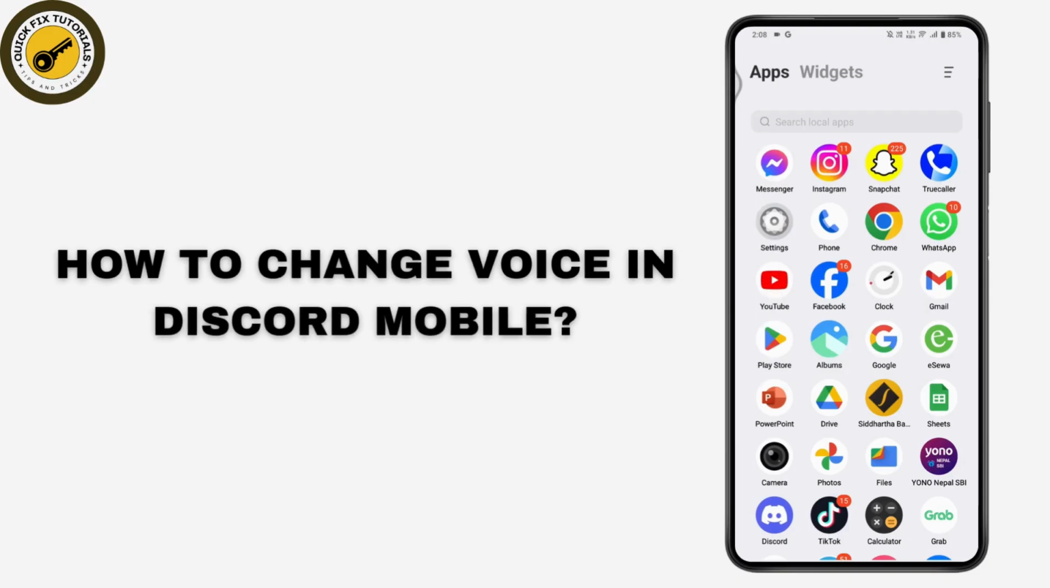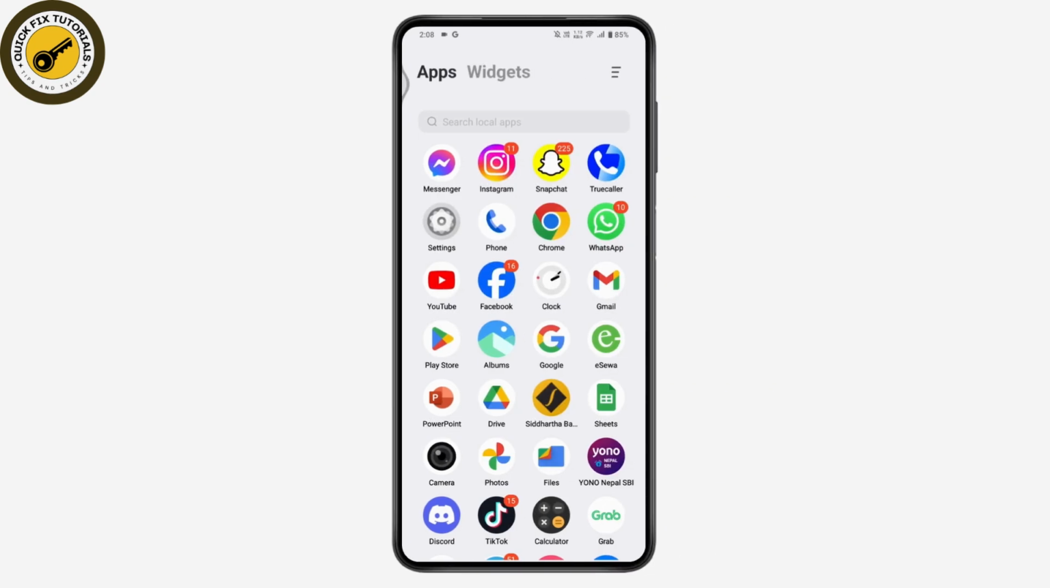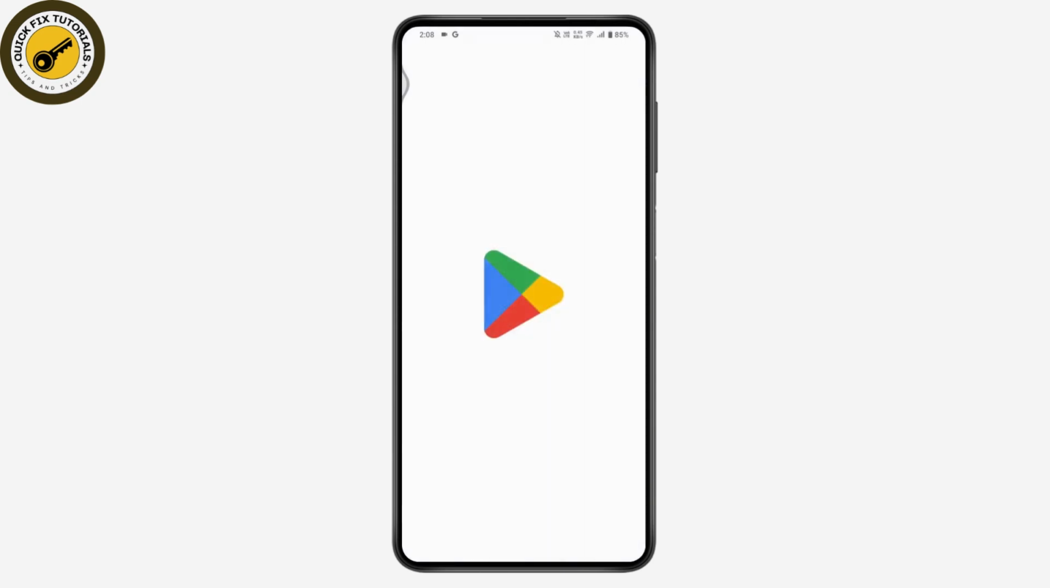How to change voice in Discord mobile. So if you want to change voice in your Discord mobile, then first check your internet connection. Once you've checked your internet connection, now you just need to open up your Play Store if you're on your